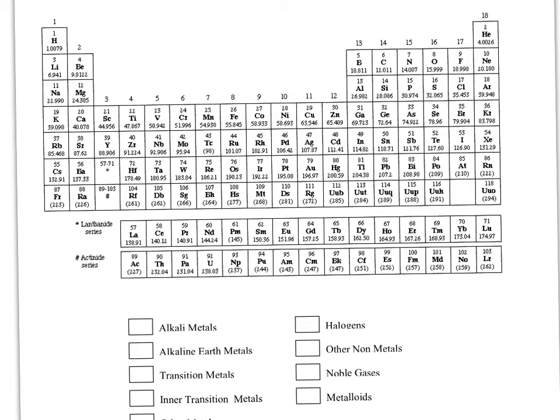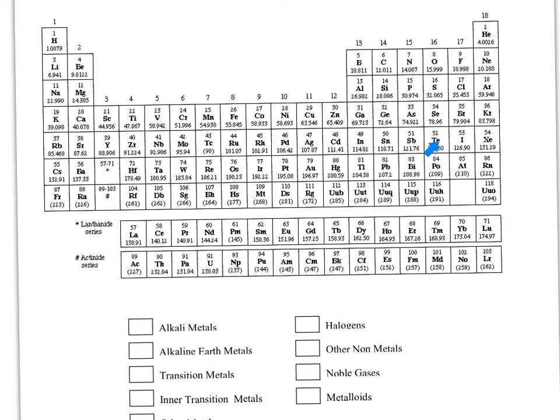Now, there were a couple of problems with his periodic table. For example, and this happened in a couple of places, but let's take a look at tellurium and iodine. So remember, he placed them based on their increasing atomic masses. So tellurium's atomic mass is 127.6 AMUs. Iodine is 126.90 AMUs. So according to the way that he should have arranged it, he should have put iodine and tellurium switched. He should have put iodine here and tellurium there,